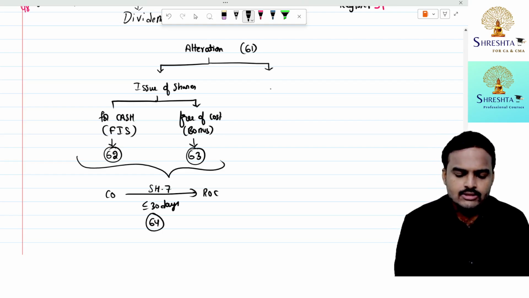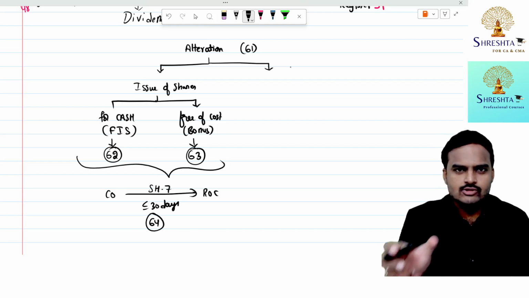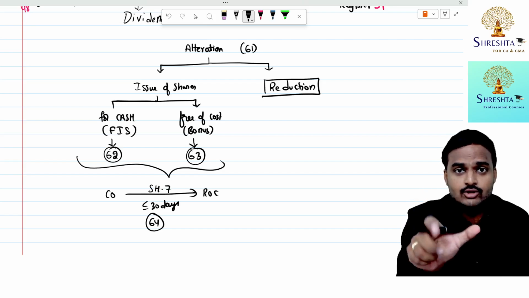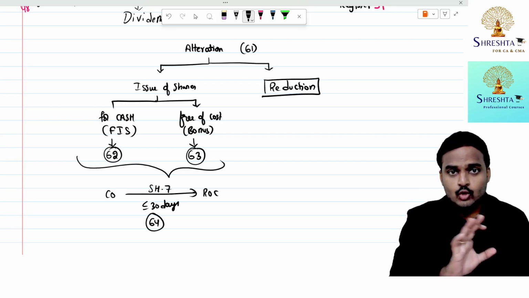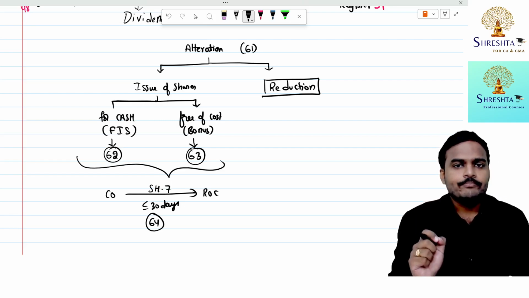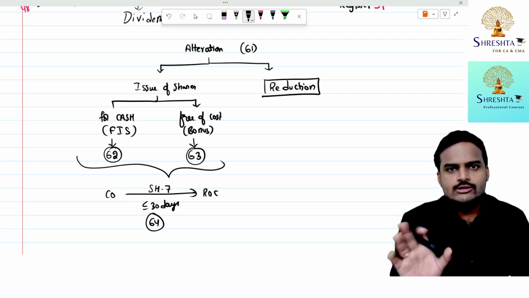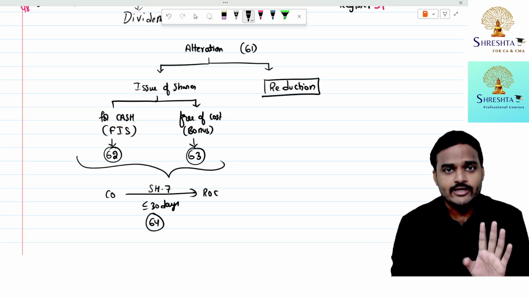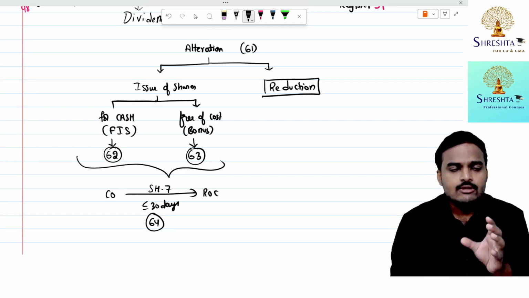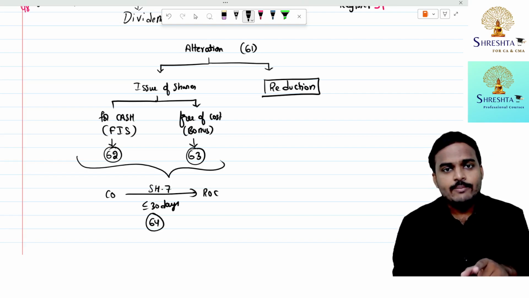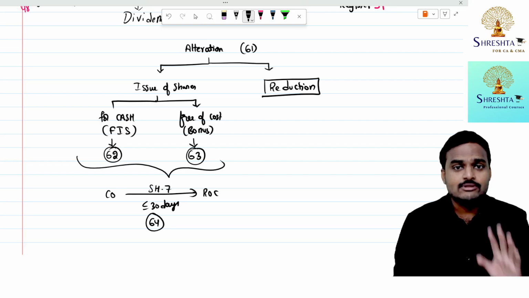Next one. This is also alteration of capital only. This branch will also come under alteration of capital only. But this time, it's all about reduction. Reduction is also part of alteration only. For the purpose of remembering section numbers, I'm narrating a story. So no confusion, I'm not changing any concept. Generally, alteration is different, reduction is different. Under alteration of share capital, unsubscribed shares, unissued shares, we will cancel. In a reduction of capital, company will cancel issued shares, subscribed shares.